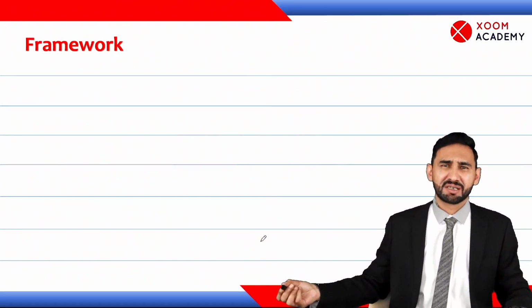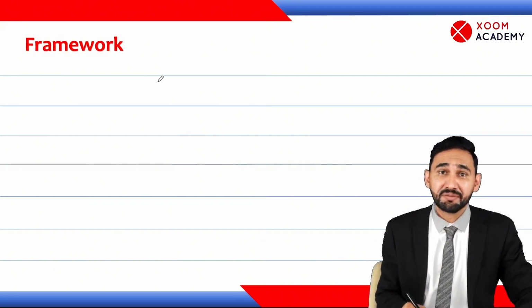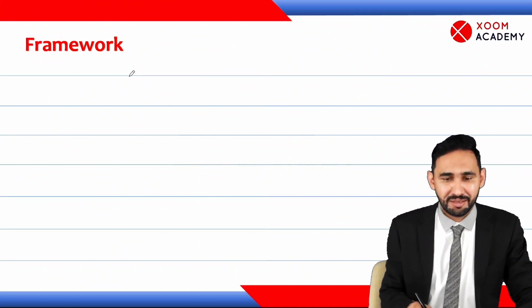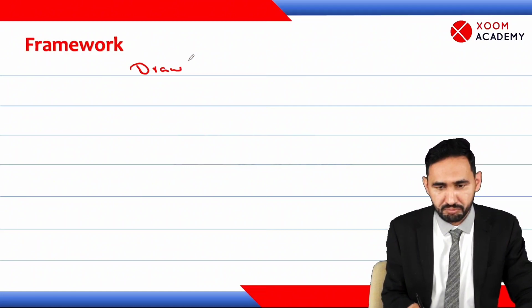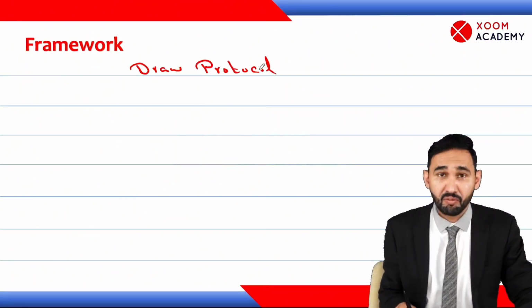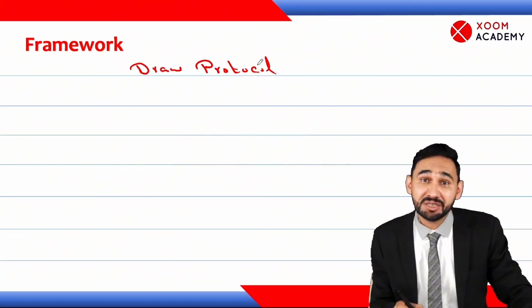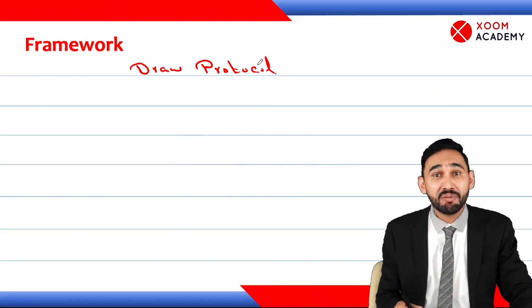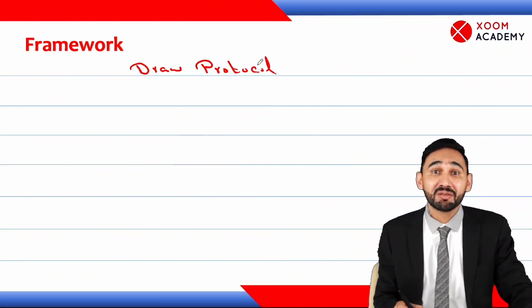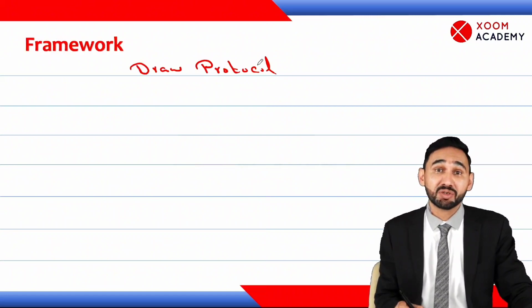So, what is the framework, or what are the various steps of a randomized controlled trial? There are certain steps which are required to conduct this trial. Number one, we have to draw a protocol. What is drawing a protocol? We have to decide our objectives, our budget, and our time frame. We have to decide how many participants are required, what the reference population is, and how much time will be taken. What is the exact cause being studied? What are the benefits? So this is drawing a protocol.